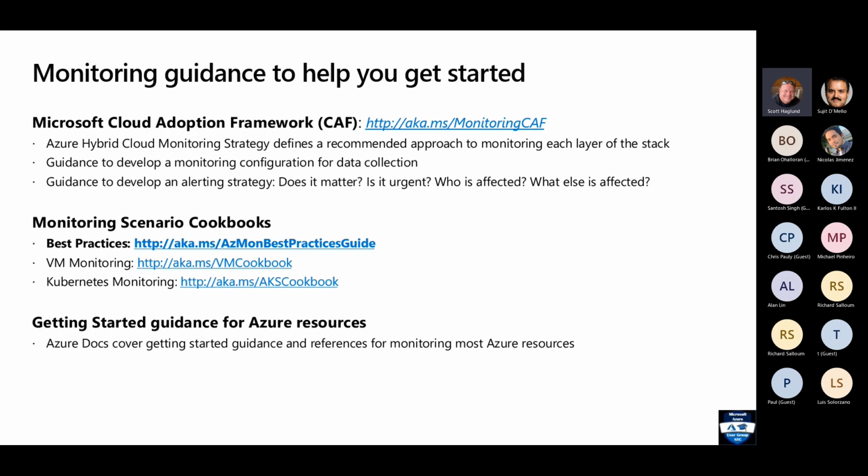6 areas that go into the CAF framework, which is strategy. You have to start by understanding your business objectives and how Azure can support them. You can plan, which is where you start to align your people, process, and technology to map out your cloud adoption plan. Ready, which is where you prepare your environment using the Azure Setup Guide, right in the CAF documentation,